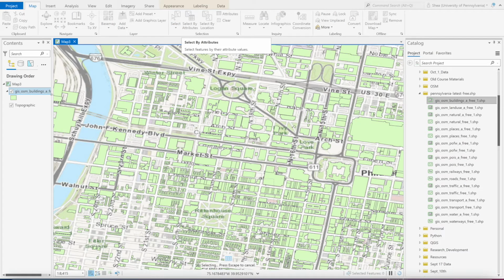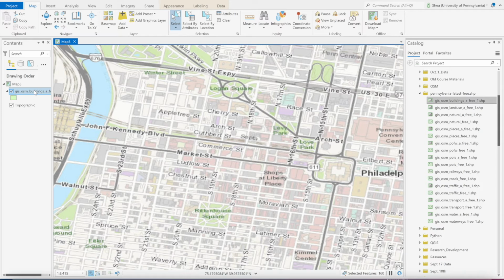Maybe way too slow. May need to be another video pause and process here. Let me try to hit escape to cancel. There we go. All right, so I only did that, and then I'll stop visualizing for a second so that it doesn't take up my memory. But if I open the attribute table and look at what I created right there,